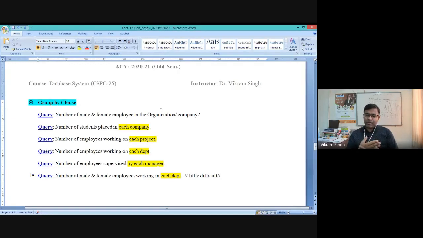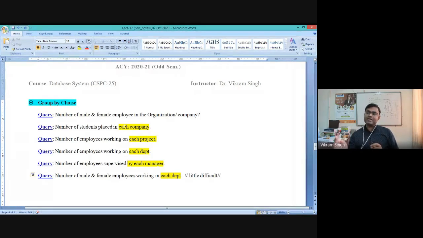Now whenever we are applying group by, it will be doing two sub tasks, two sub operations. The first operation is, on whichever attribute you apply, it will identify the distinct or unique values on that particular attribute. That is the first task which group by will be doing.